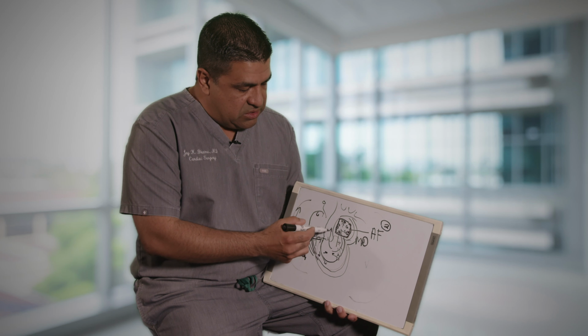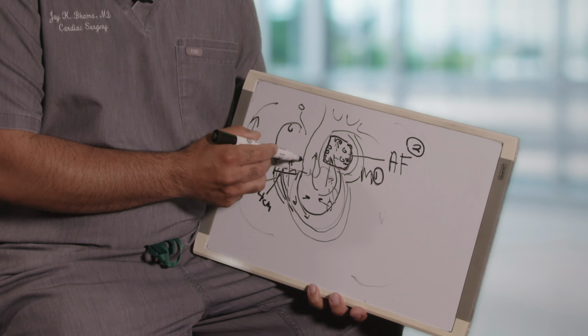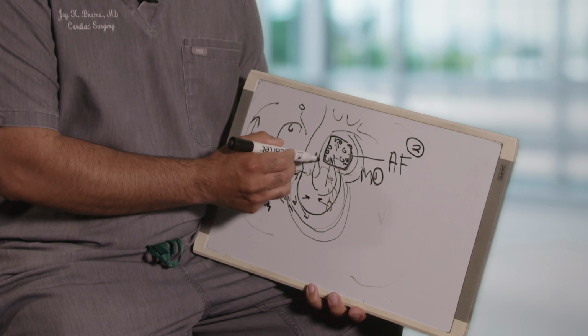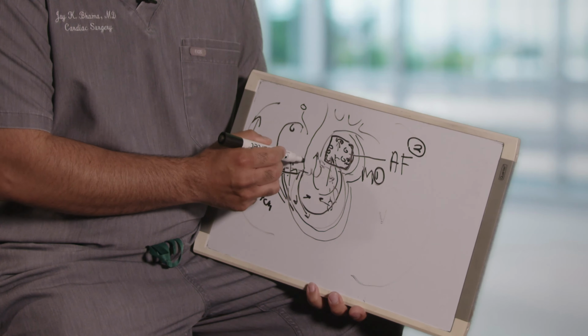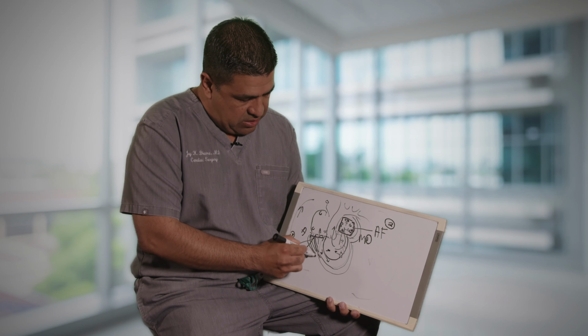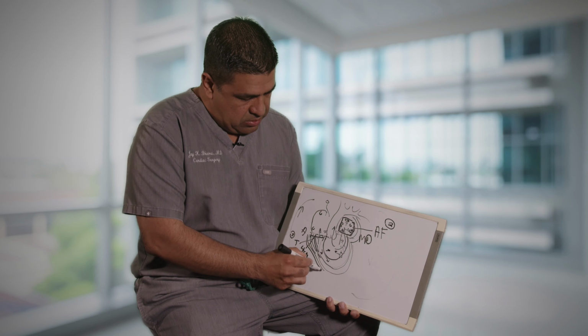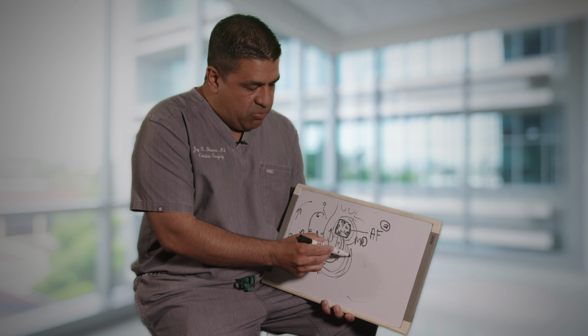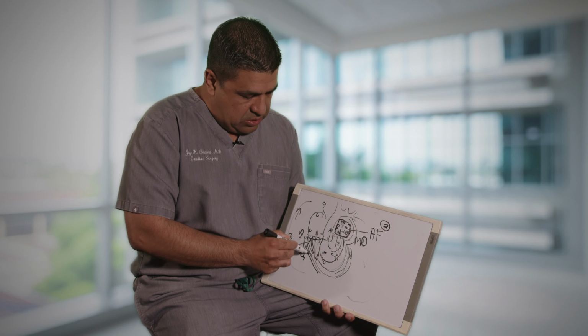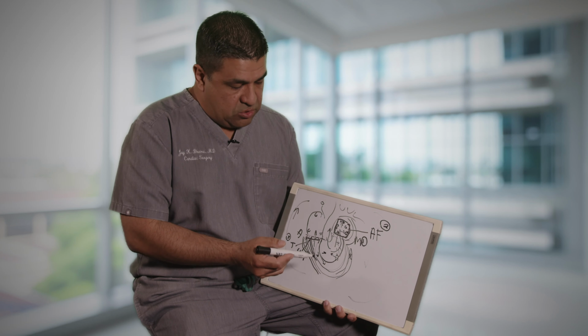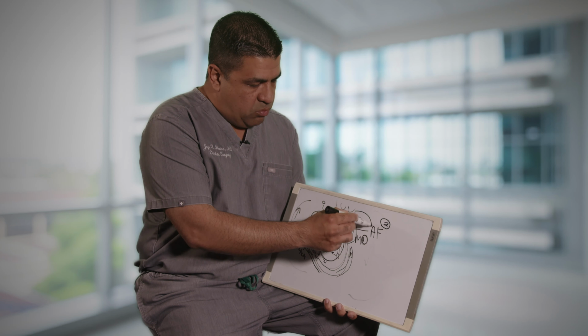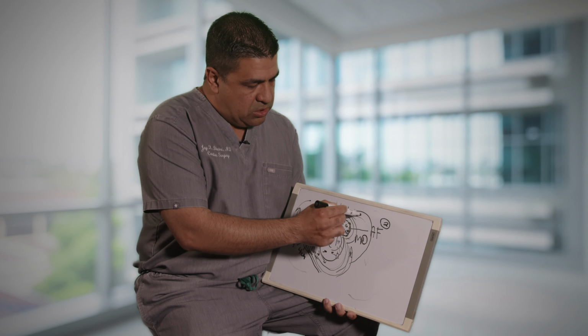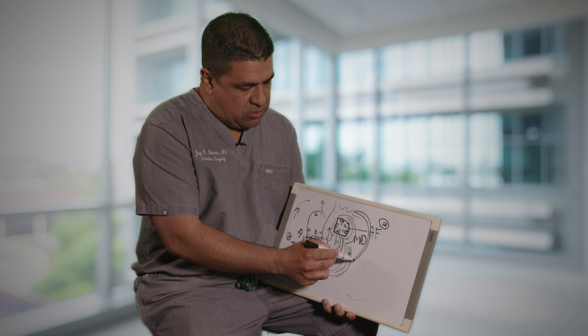In addition to that, some patients have problems where the arteries have disease in them. And these are the arteries that come off of the main blood vessel and they go around and give blood supply to the heart muscle. And in those patients, if they have blockages in these arteries, we're doing bypass surgery in order to bring more blood supply to the heart, using an artery that runs on the chest wall called the internal mammary artery,